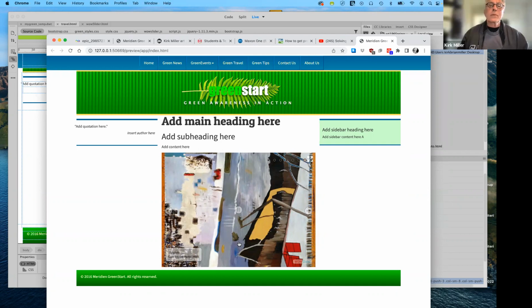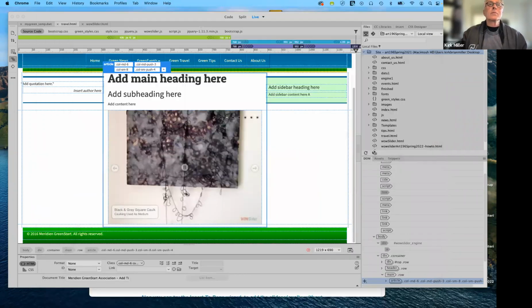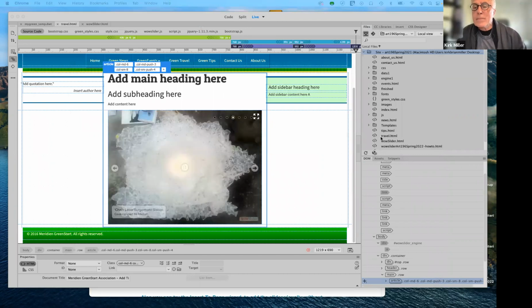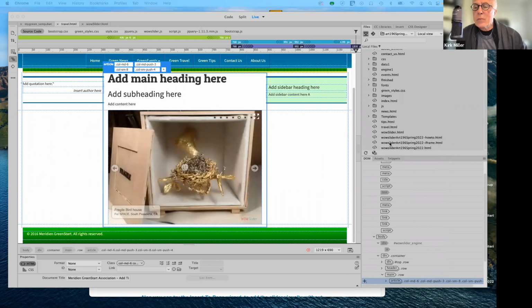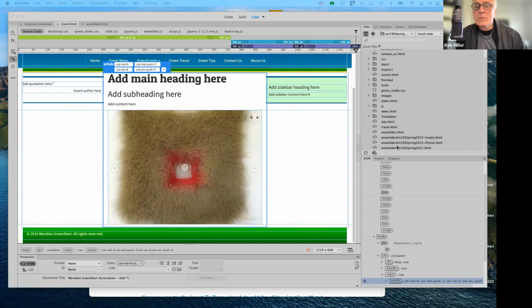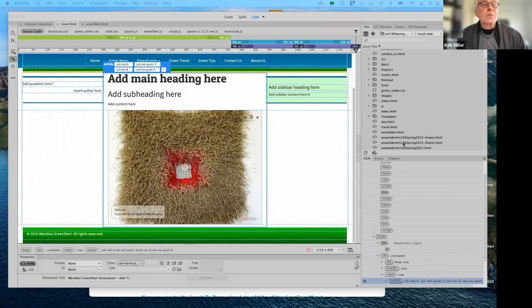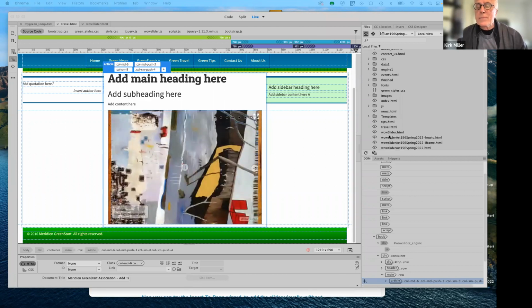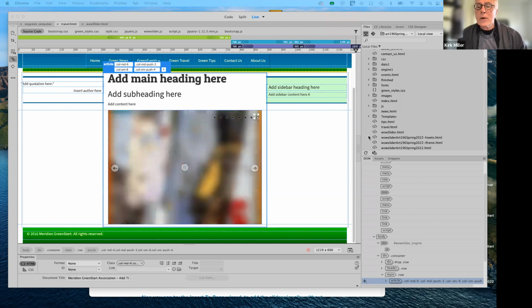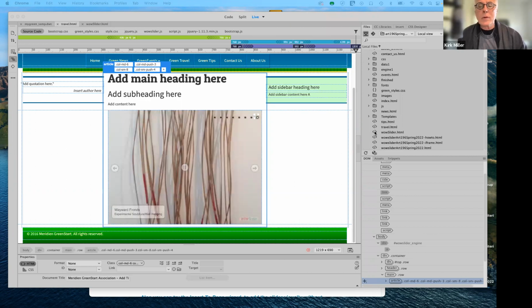You don't have to publish these. Let me show you. Because remember, when you publish it, I also asked it to publish WOWSlider HTML. And also I have this other one. It says WOWSlider here, how to, and so on and so forth. These are all the names that I used. You don't have to publish these. The HTML is a separate file. If I go ahead and open WOWSlider HTML